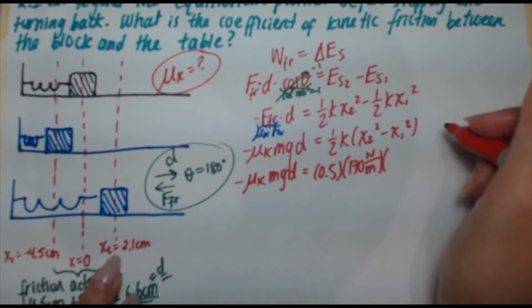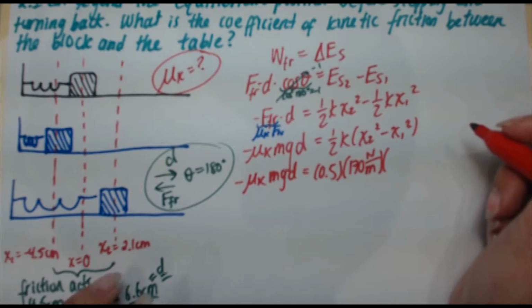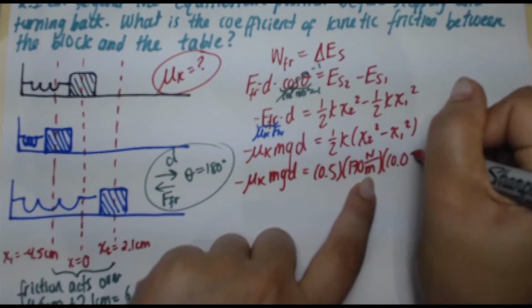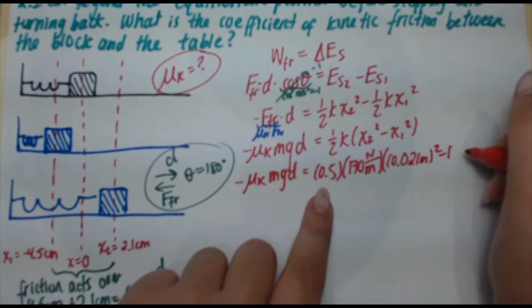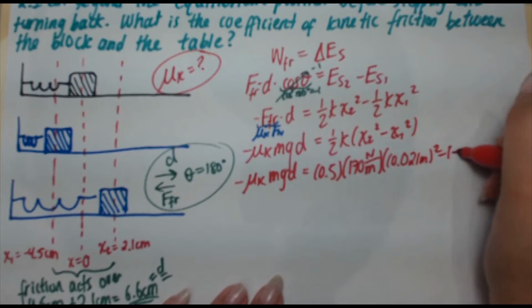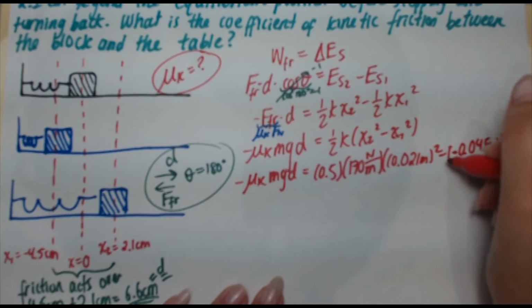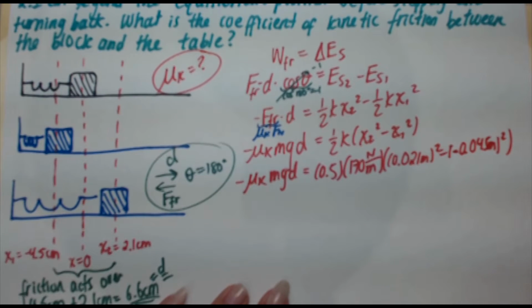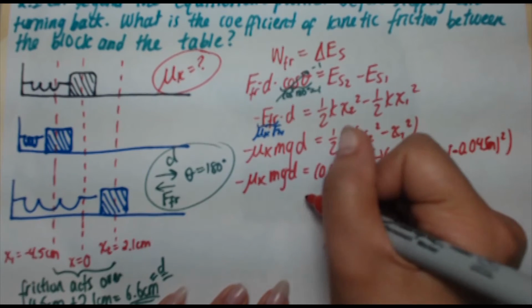Okay, x2 is 2.1 centimeters. Remember, this is a physics problem. You have to plug it in meters, right? So it matches up with the units here for k. So we're going to do 0.021 meters squared minus, and then x2, or rather x1 is negative, so negative 0.045 meters squared. Notice it doesn't really matter that it's negative, because when you square it, it'll become positive regardless. Okay, so when you solve this entire right side, you are going to get